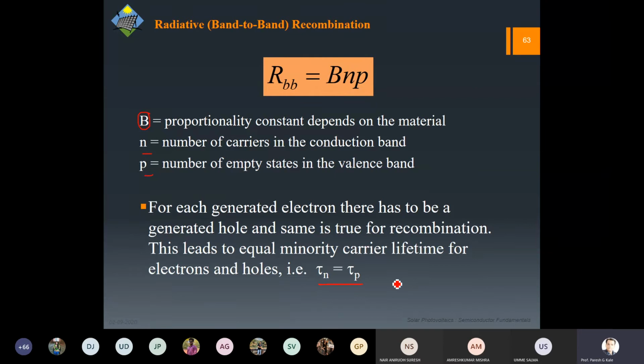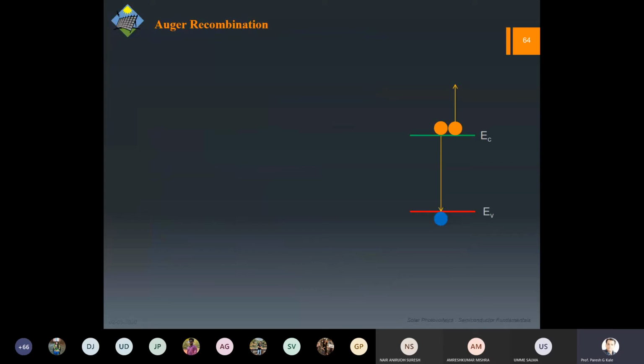And why is it not? Because if you consider the mass of electron and hole, interestingly, that is different. Why it is different, I will talk about in the next chapter. But it's logical, right? The electron is knocked out and that creates the hole, but still the electron and the hole have different mass. And interestingly, the hole is not even a real thing. It's a fictitious thing. That's what makes it interesting. But anyway, we can take the masses as almost equal, and we can say that the lifetimes are equal as well.